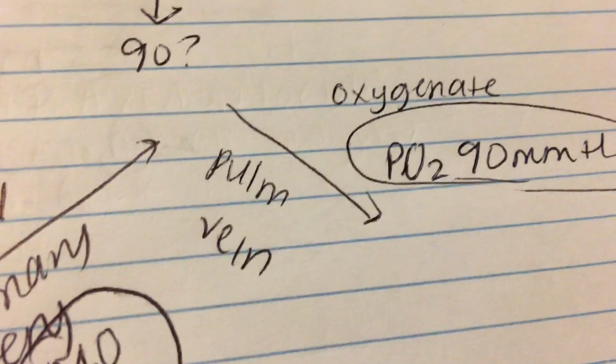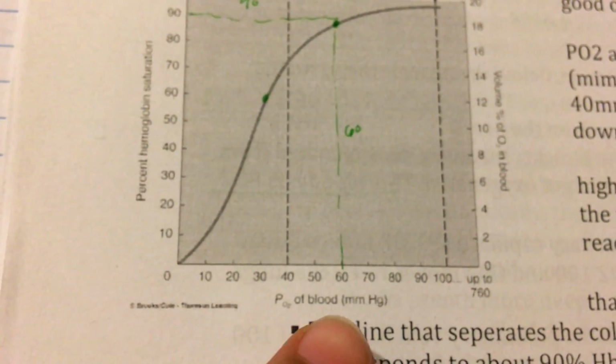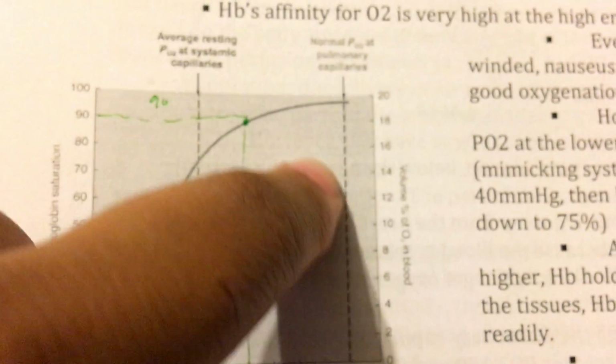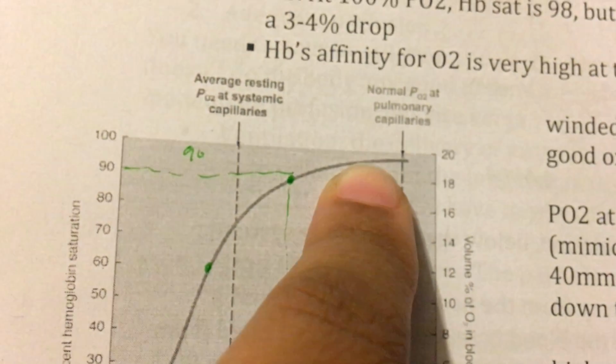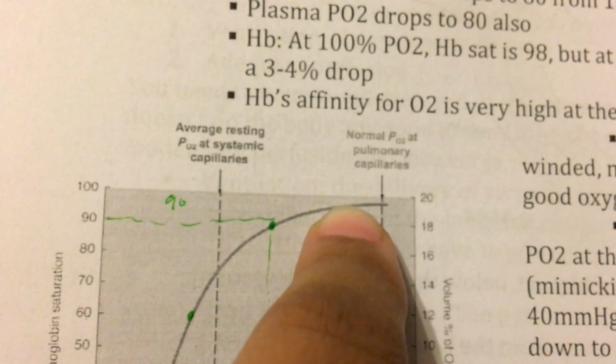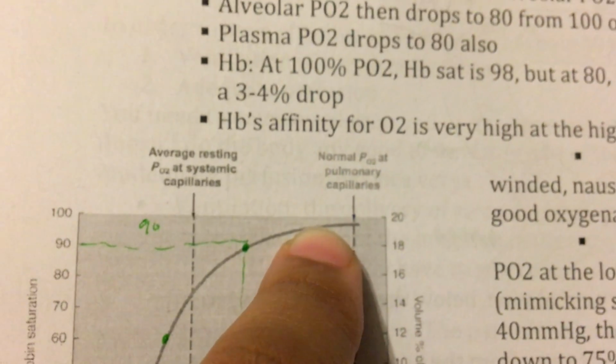And what's important is to understand how this affects us. When you're looking at this chart, if your partial pressure of oxygen is 90 here, you follow this curve all the way up until you hit the line, and you see that you're still at 95% oxygenation. It doesn't matter all that much. The